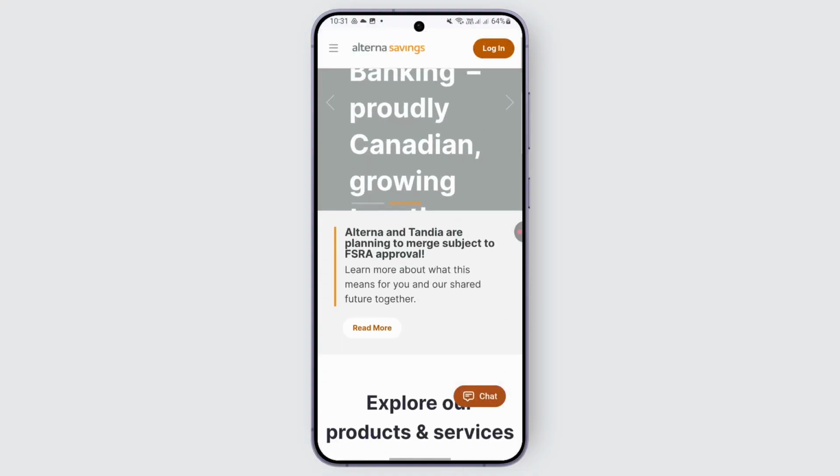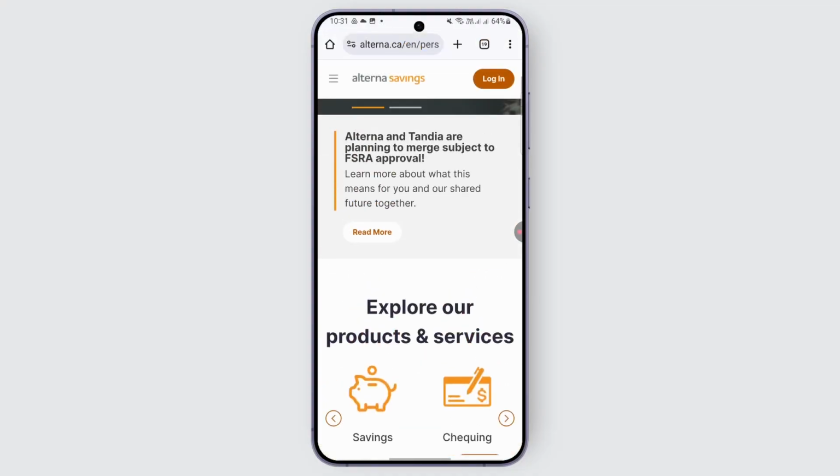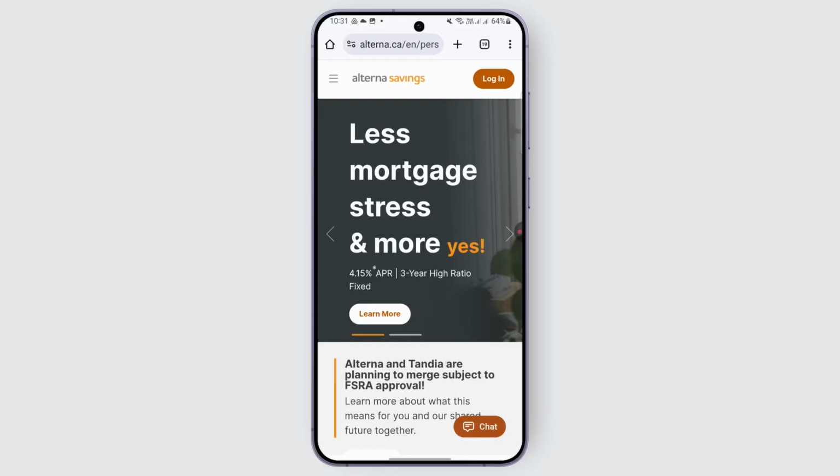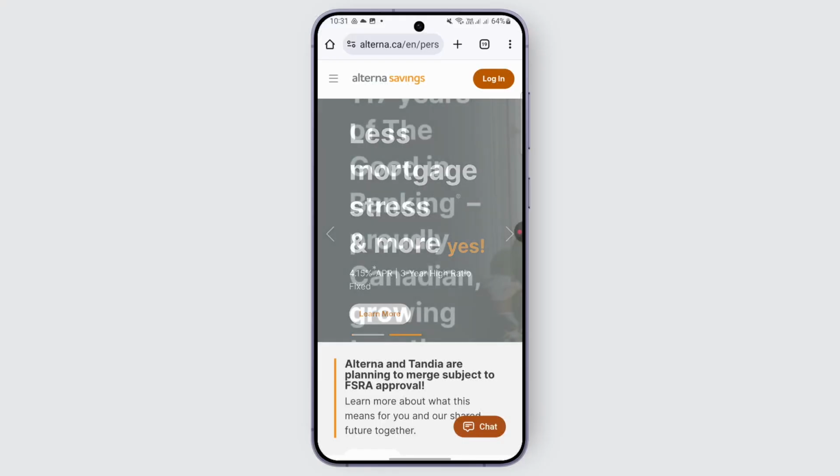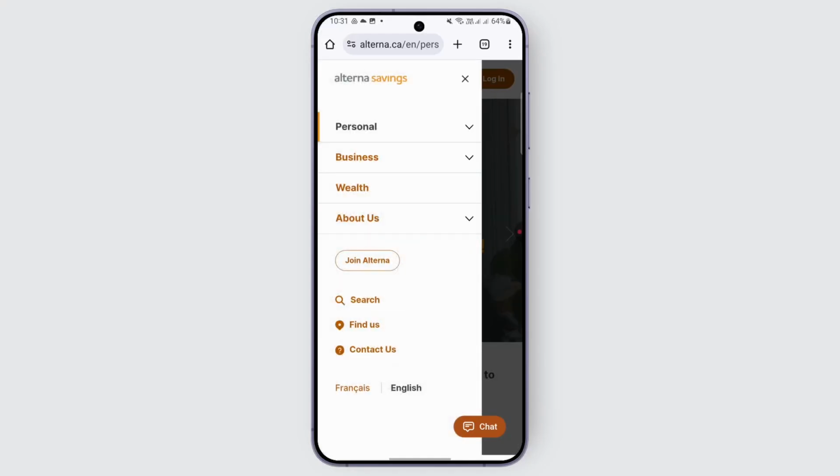You can go to the Alterna website, which is alterna.ca. After that, you can select the personal option. For that, look out for the three horizontal lines in the top left, tap on it and you should be finding an option for personal. You can drop that option,